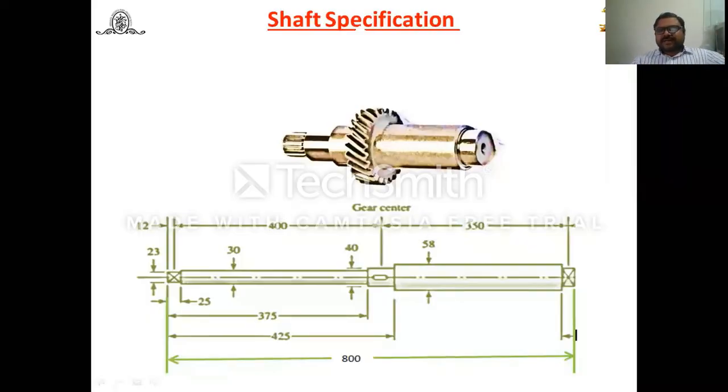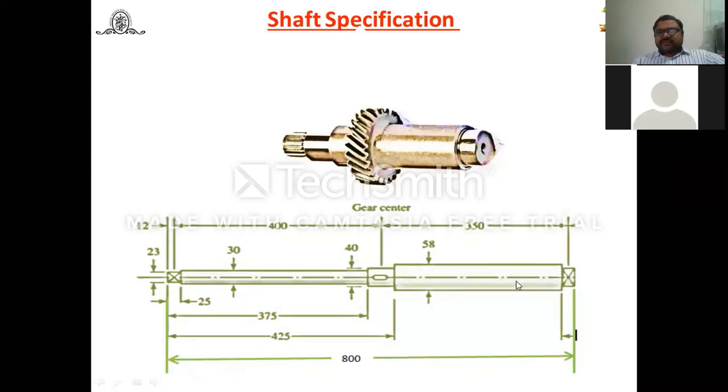It's okay. Now let us start. Now in this case, what do we have to do? After calculating the diameter of the shaft, you have to specify it and take care of this. Now in this case, what do you have to do? You can increase the diameter or provide for mounting the different parts, for the keyway or grooves, for circlip grooves or other mounting devices.